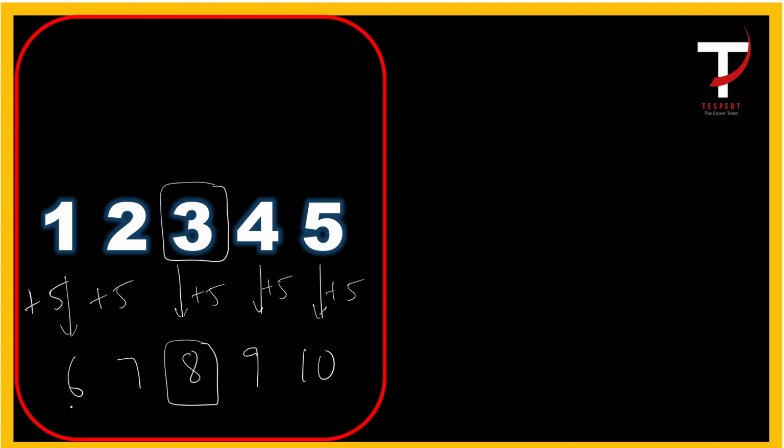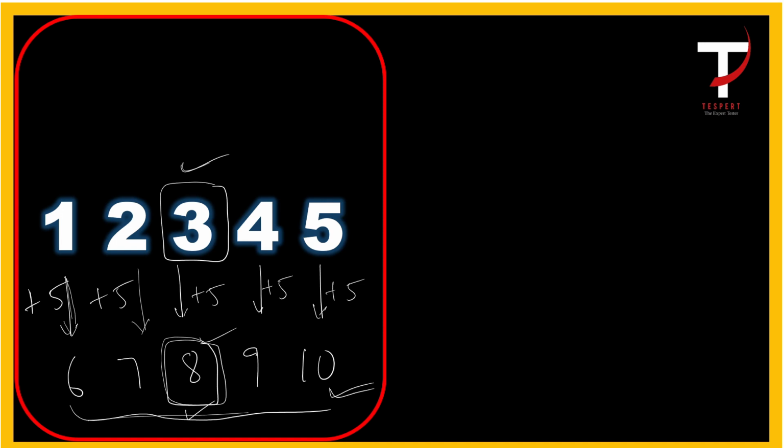Why? Because this is in arithmetic progression, these are consecutive terms. In arithmetic progression, and in an odd number series, the middle term is the average, as we discussed. So in the first case 3 is the average, and in the second case 8 is the average. If we increased each and every term by 5, the average also got increased by 5. In the first case it's 3, in the second case it's 8, so the average also got increased by 5.